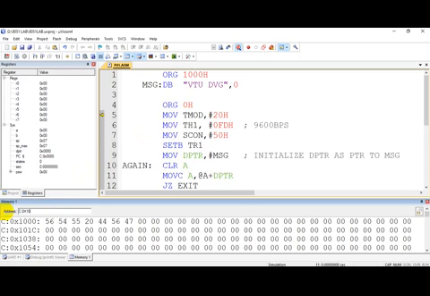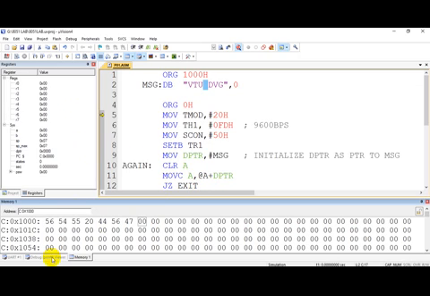If you see, the ASCII of V is 56, ASCII of T is 54, ASCII of U is 55, and ASCII of space, as I told, is 20. Then ASCII of D is 44, ASCII of V is 56, ASCII of G is 47. The last is the 0 which you have stored.